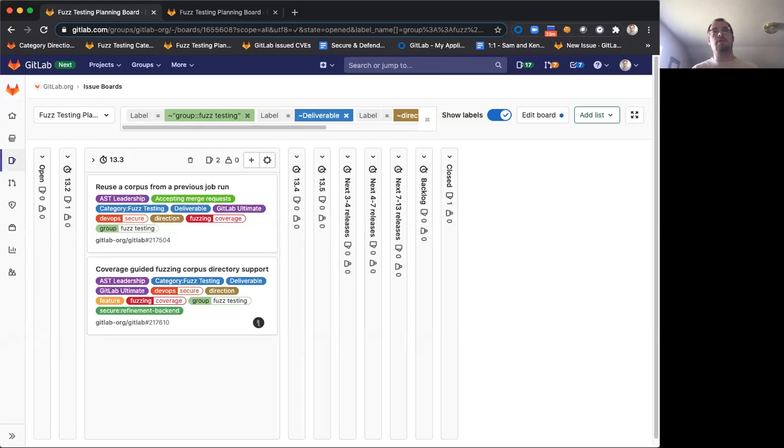I'm sharing my screen right now, and this is the Fuzz testing planning board. This board's public if you want to follow along at home or look at the individual issues. I wanted to go through some of the main use cases that we're focused on for